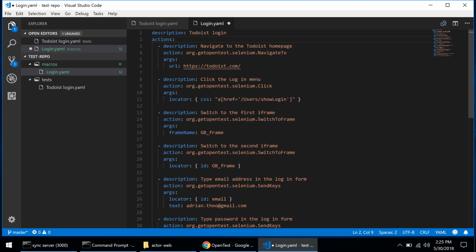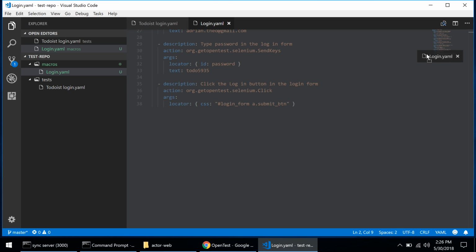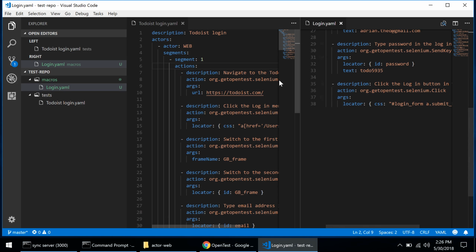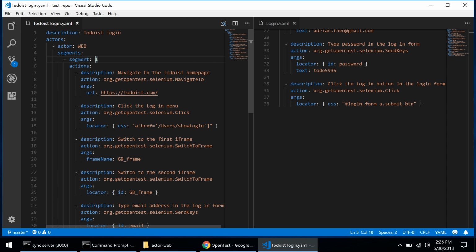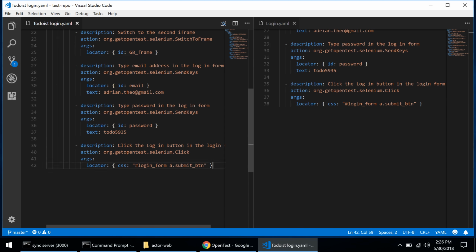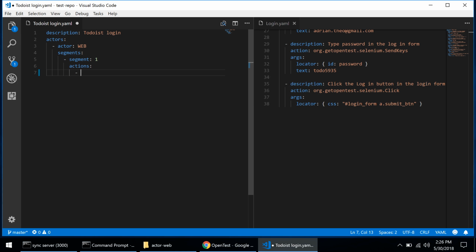So I fixed the indentation, so this looks okay now. So let's save this. And now in the test, let me put this file on the right side here, just so you can see the files side by side. So in my test now, I don't need to perform all of these steps. Instead of everything that I had before, I can simply run one single test action, and to specify that I